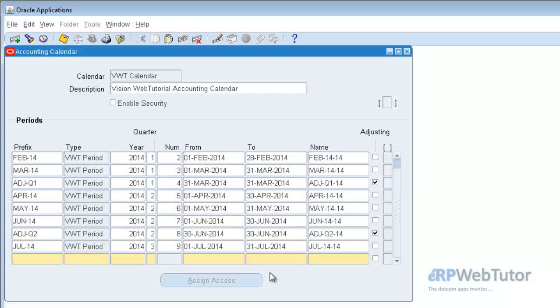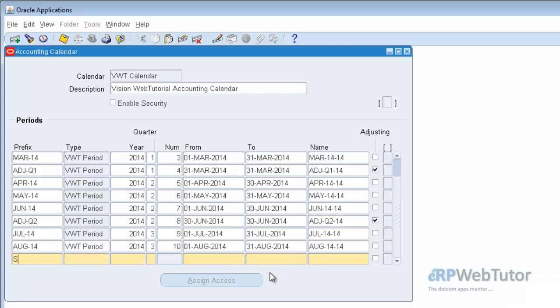Then next will be August. Quarter will remain as 3, period number will be 10, date will be from 1st August to the 31st August. Then September,